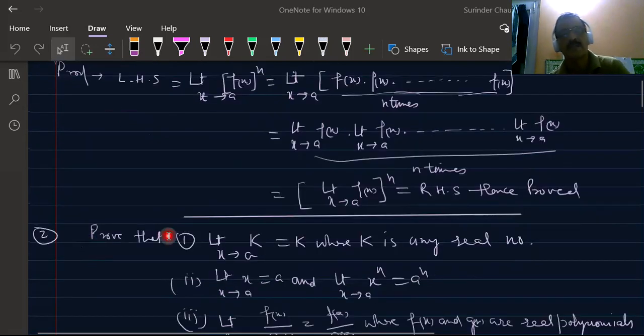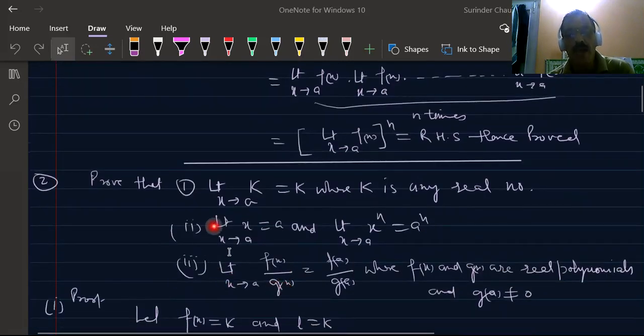Now second is prove that limit x approaches a of k is equal to k. Limit of a constant is the constant itself, where k is any given constant. Second is limit x approaches a of x is equal to a, then limit x to a of x to the power n is equal to a to the power n. And third is the limit of the quotient. Limit x to a of the quotient is equal to